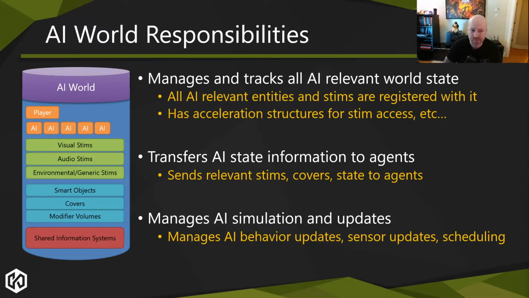Additionally, it will be the system that manages the data transfer between what the world knows, which is everything, and what each individual agent should know, which is a very limited set of knowledge. Additionally, it is the thing that is running the AI simulation, all of the updates, sensors, behaviors, decision-making, everything. It does not run the AI actions, though. The actions, as I said, are completely independent from this system. So the actions will be run by another system at a different point in time. This just cares about AI data and AI sim, nothing else.